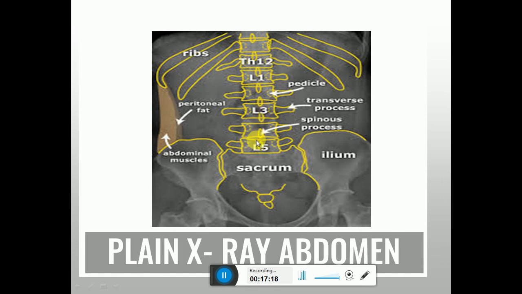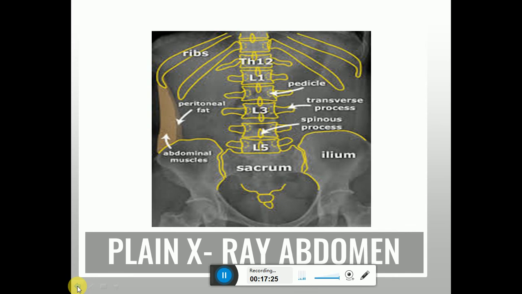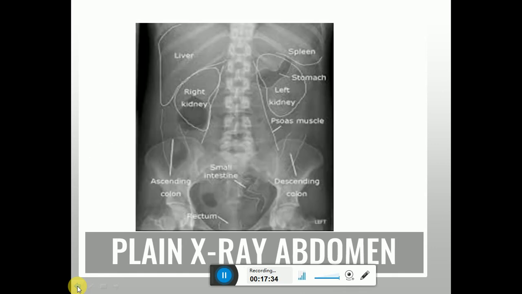Is it clear? So all these things, when I am summarizing the plain X-ray, in plain X-ray you can visualize bony shadows. These are the bony shadows which we have seen. These are the soft tissue shadows, and along with that here also we can see the gas shadows. If it is done for kidney, ureter and bladder, that plain X-ray is called KUB.